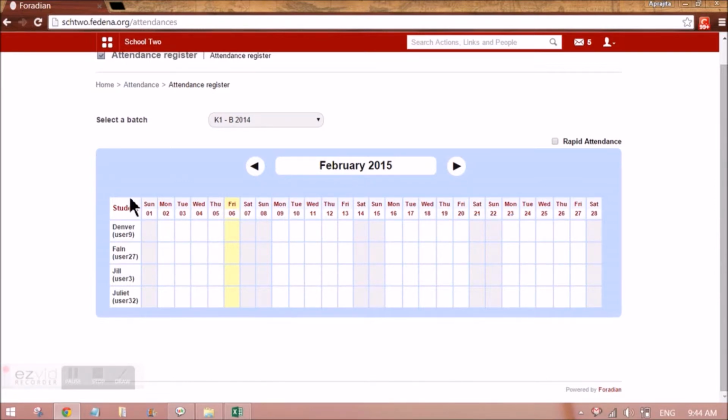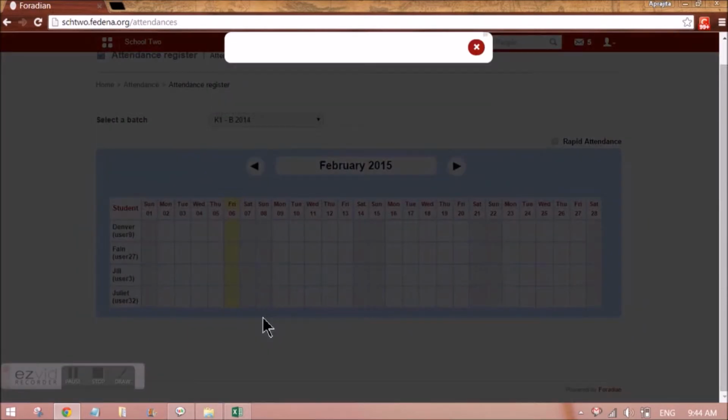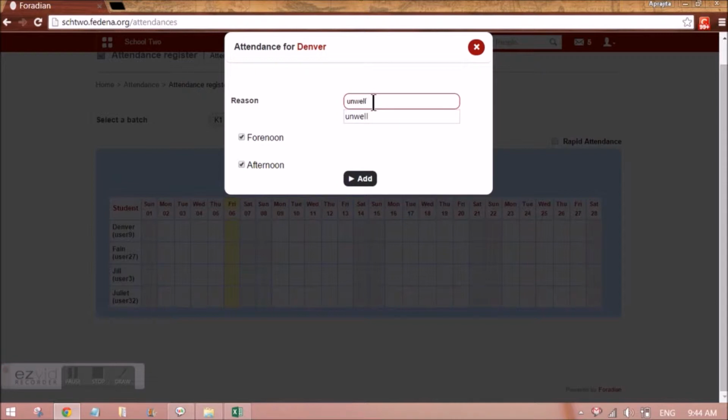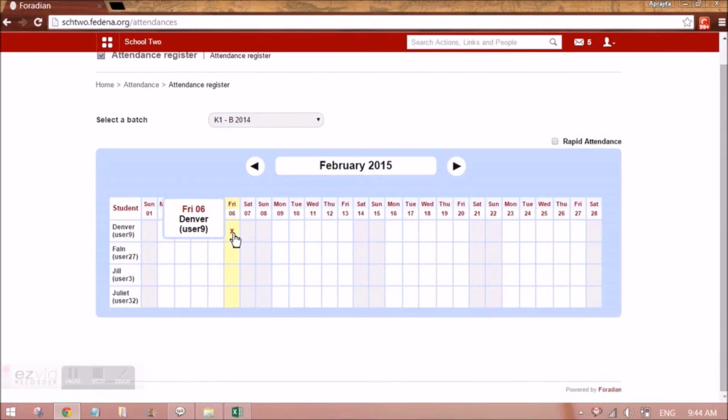By default, the students as well as the employees are present in FEDINA. That being said, I'll be able to mark the student absent on the blank cell. So blank cell here denotes that the student is present. But if I want to mark a student absent, I'll be clicking on the blank cell like this. And I'll have to enter the reason for the absence, and whether the student was absent in the full duration of the day or half of the day can be selected from here. And once this is done, it will be denoted by this sign.